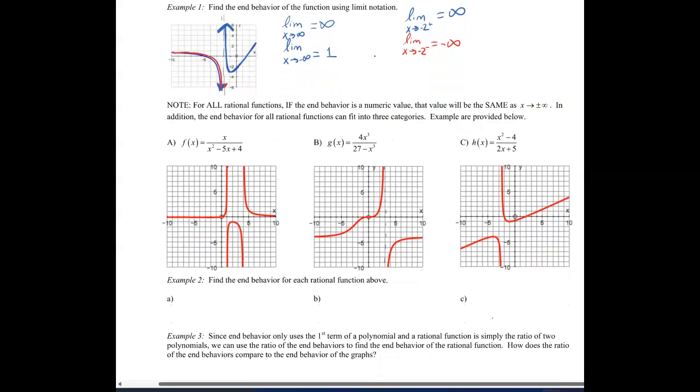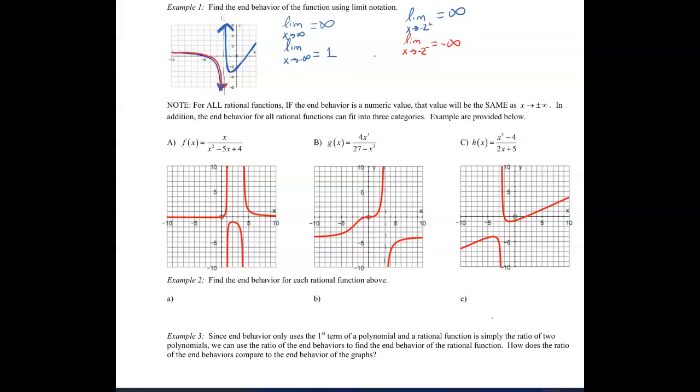Alright, for all rational functions, if the end behavior is a numeric value, the value will be the same as x approaches infinity and negative infinity. In addition, the end behavior for all rational functions can fit into 3 categories. The examples are provided below. So, one of those examples